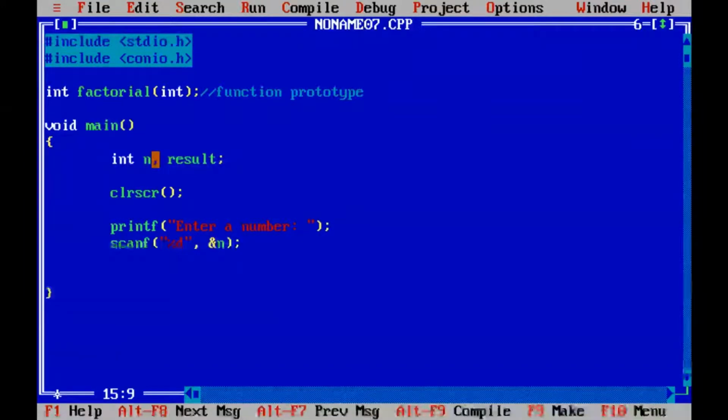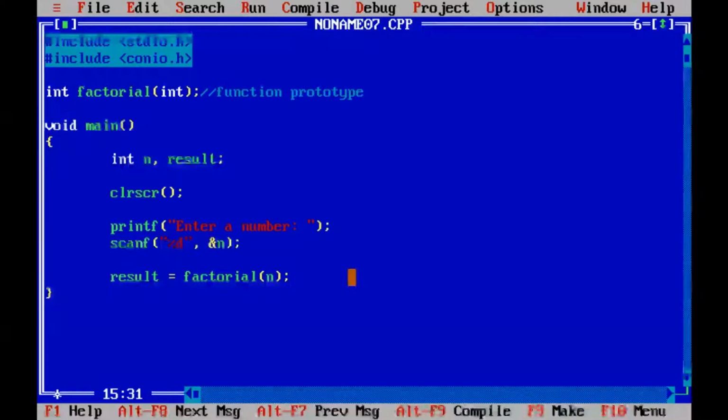Now I'll make a call to that particular function. So basically this function will return an integer value. So I must have one variable on the left hand side to store the value. So I'm saying result equal to factorial. To make a call to this factorial function, it's taking one parameter, right? So we have to pass one number. We're going to pass this n to the function. So this function will take this n as an argument and then calculate the factorial of that n. For example, we sent 5, right, the function will take 5, calculate its factorial and return 120, and that will get stored in result.